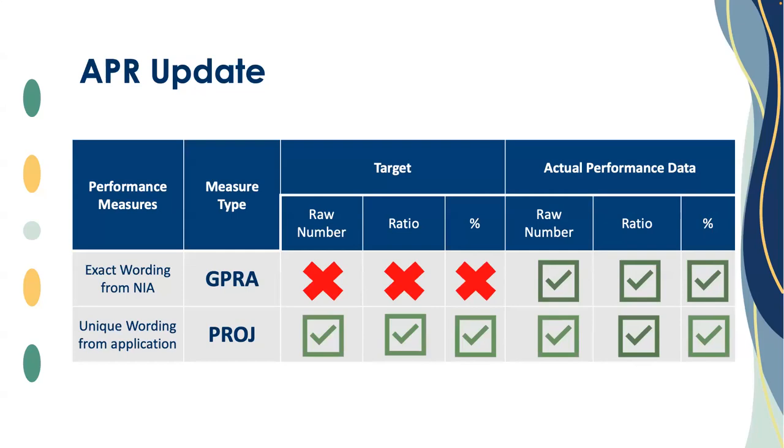So on your APR updates, you're still going to report however you reported in the mid-year APR. So if you use raw number for whatever objective that is. If you use ratio. So report how you reported previously, not just how the wording is. And your budget will be from the beginning of the project year to the end of the project year. So for example,